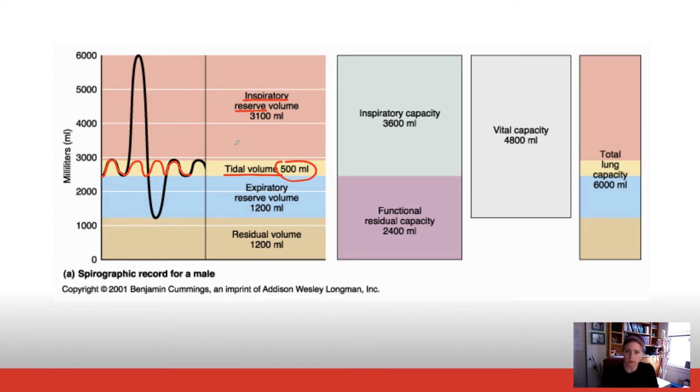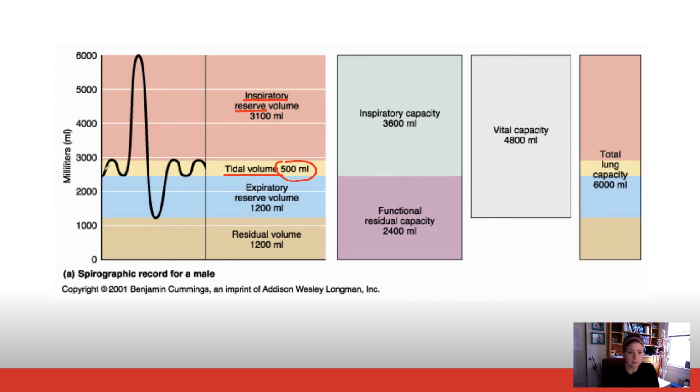So inspiratory means we're going to be inspiring, and reserve volume. So it's not a volume of air that we typically use at rest, but it's a volume of air that we still have access to when we need it. For example, if we had a patient and we were doing pulmonary function testing with them, and we wanted to measure their